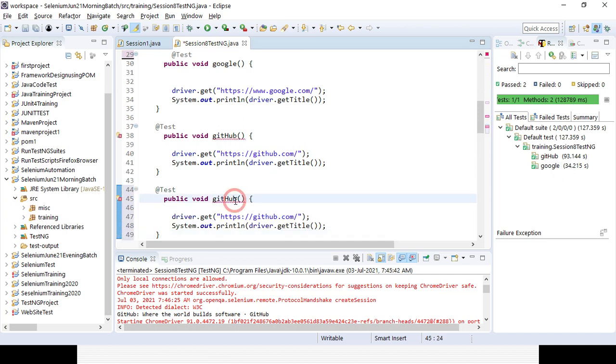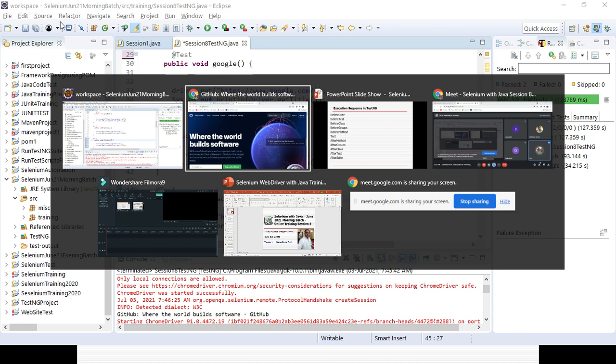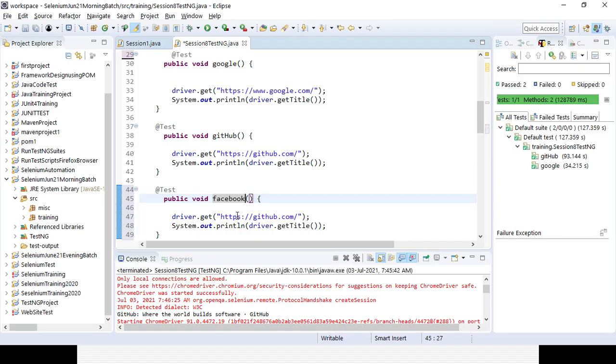I'll just provide the URL. There is no need to set up any driver details. Google is already opened, so let's copy paste that part and create another test case for Facebook. That is the beauty of these different annotations.